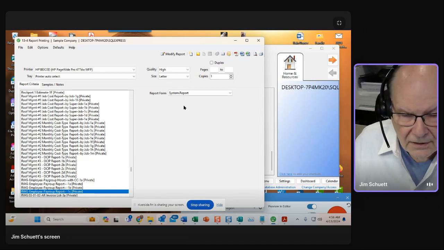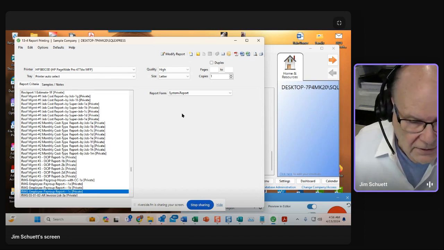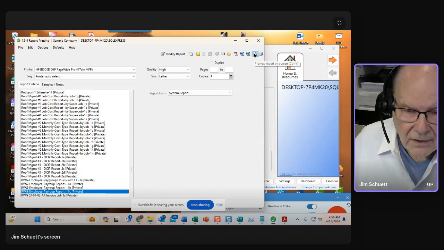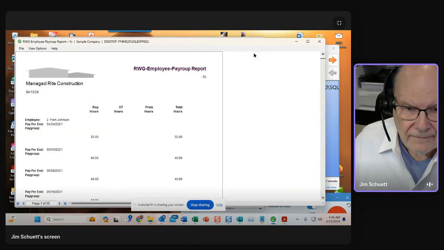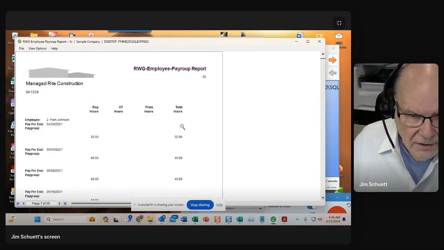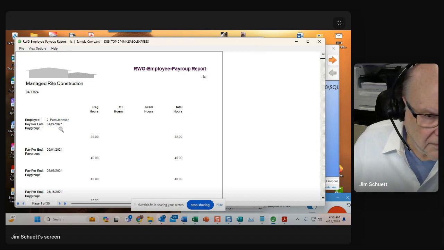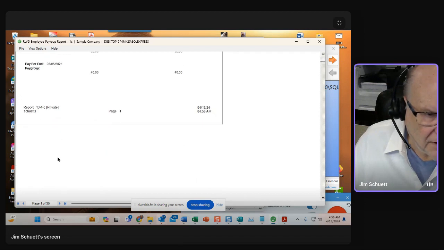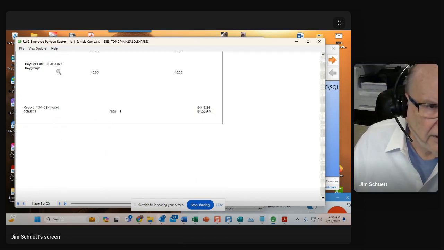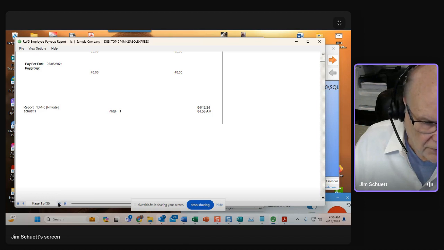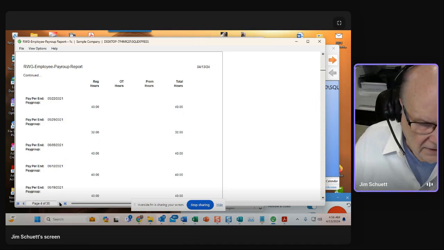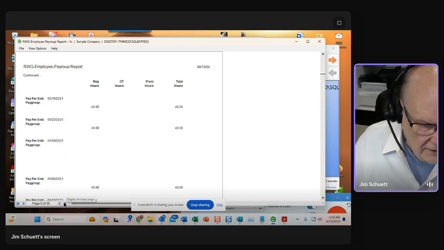Now we haven't done any selection criteria, which we will do, but this is sample company, it's small, and so we can just go ahead and run this and see what happens. Okay, so now I don't have anything showing up for pay group. Okay, 35 pages. So I'm getting everything. If I go back to the end,